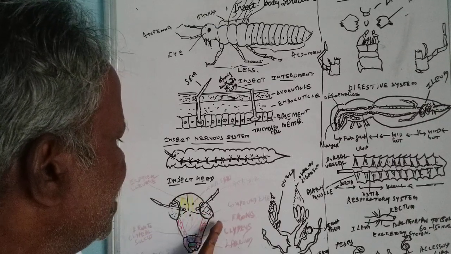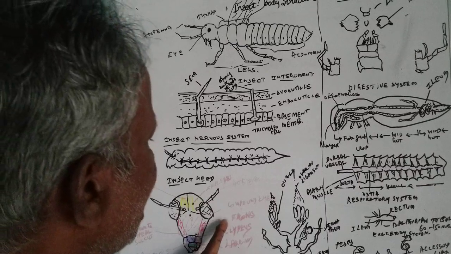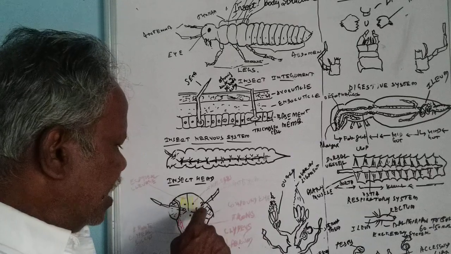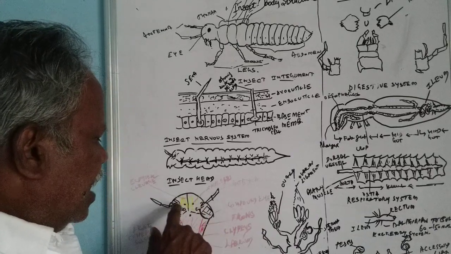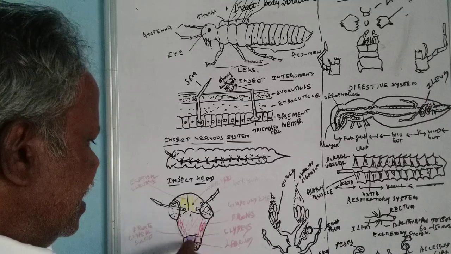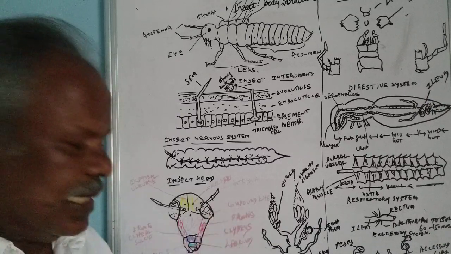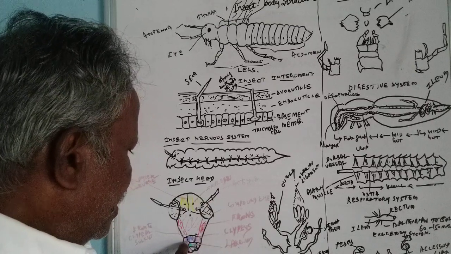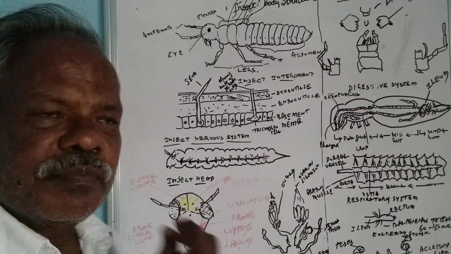The triangular plate is called the frons, and the antenna will also be there, and in the head there will be compound eyes and three ocelli or simple eyes, and then on the side plates is the gena, and then there will be clypeus,